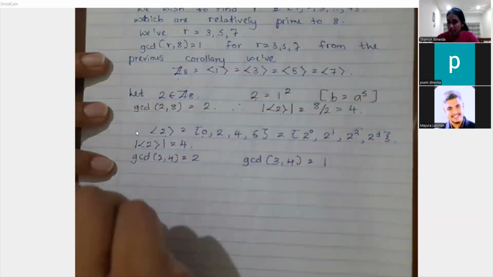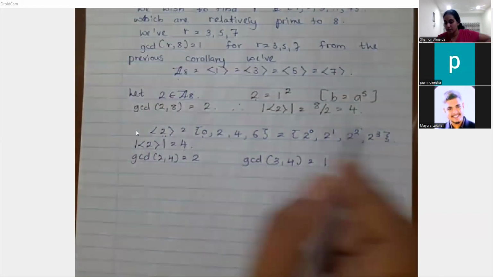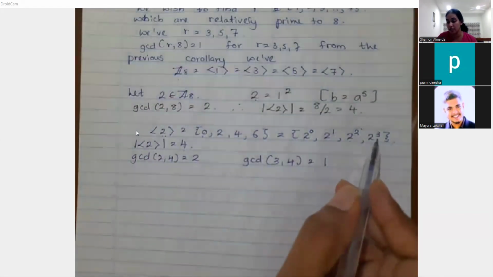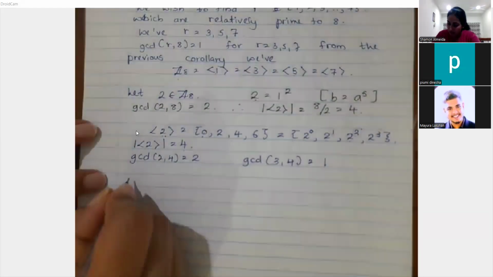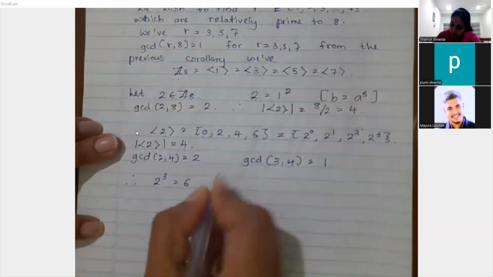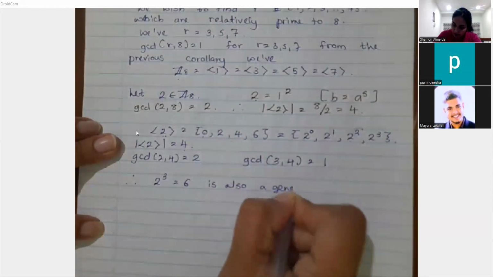The corollary tells you the generator raised to this power must be a generator. So 2 in this case, raised to the power of 3 must be a generator for this group, right? Therefore, 2 raised to the power of 3, which is equal to 6, is also a generator